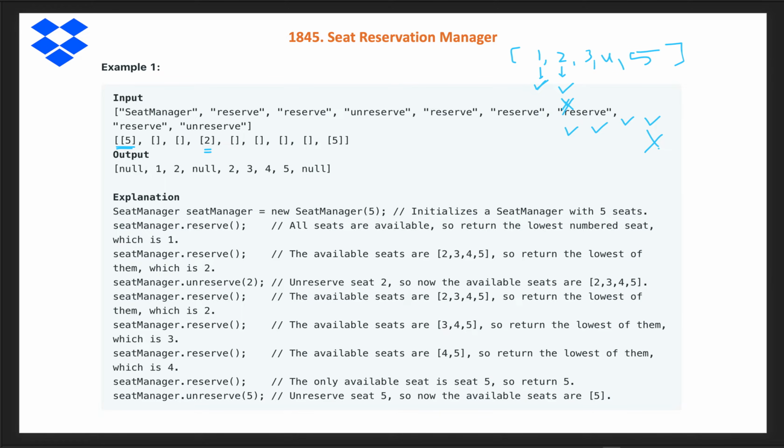So one brute force solution is to create an array of n plus 1 seats, because the array is 0 index based. Then every time you can start from 1 and check which seat is available. We can take a boolean array, and whenever we reserve a seat, we fill it as true, with the default value being false, and when we unreserve, we mark it as false. So for every call of the reserve method, we can go through the array and see which seat is first available.